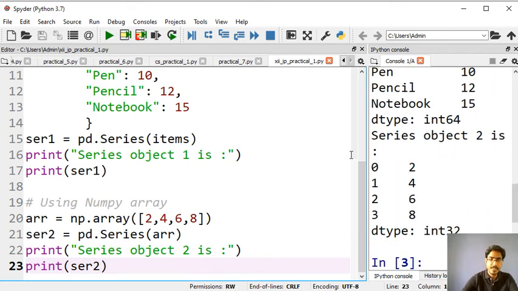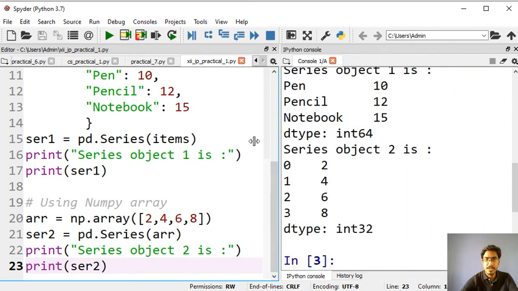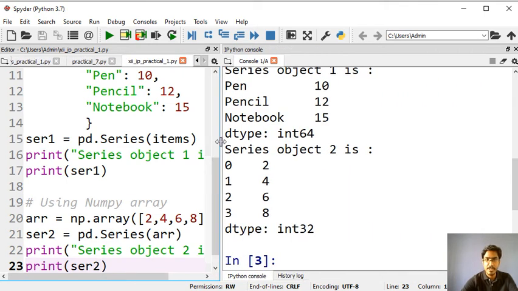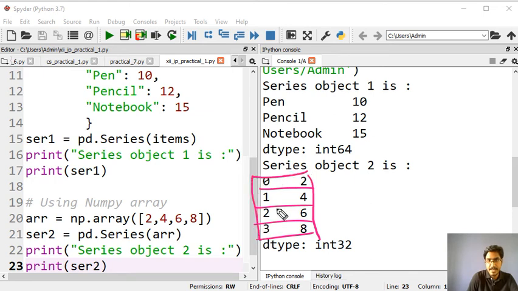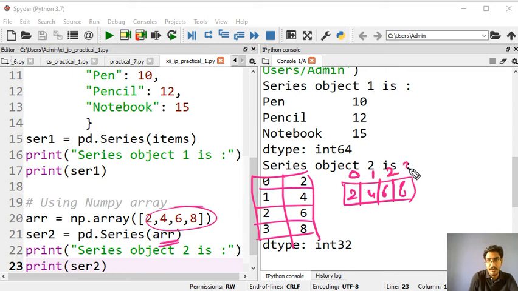You notice that by default, a series object created using a NumPy array has the index 0 1 2 3, because we haven't passed the index manually in the Series method. Here the NumPy array is created like 2 4 6 8, and I have already told you that a NumPy array always has an integer index, by default 0 to n-1, where n is the length of the NumPy array.